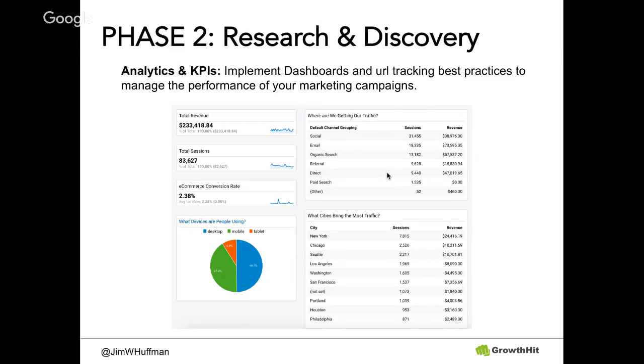Also, if you have Google Analytics, they have a pretty straightforward dashboard that you can use. And I took a snapshot of a dashboard of one of the clients we have, where we have just kind of high-level total revenue, total sessions, and what is our e-commerce conversion rate. So I can see that it's over 2%. So I know that conversion is going well, so we can focus on more top-of-the-funnel things like acquisition. And to the right, you can see what channels are bringing in the most money. And I would then want to dive in there to understand what is the conversion rate for each channel for social, email, organic traffic, and referral.